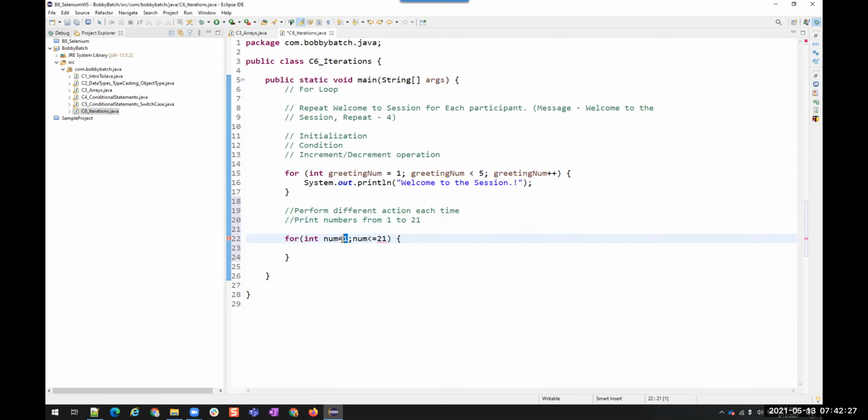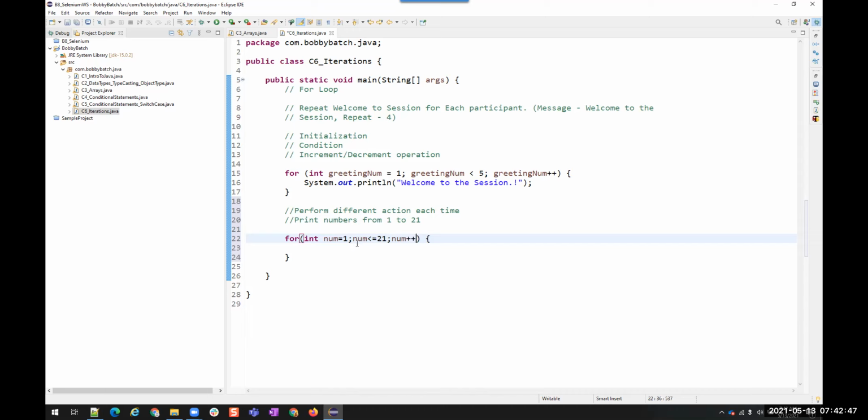Okay, I'm starting from 1, so I'm making it 21. If you are starting from 0, you can make it 20. Okay. Then what should I do here? Num incrementation. Yes, num plus plus.